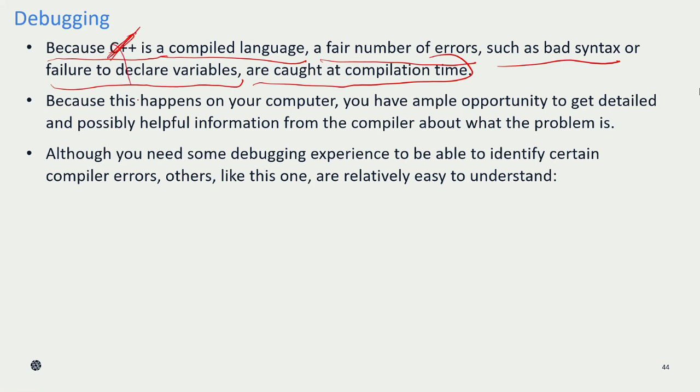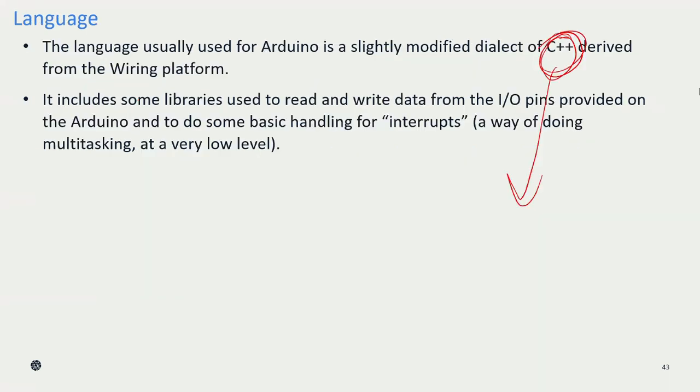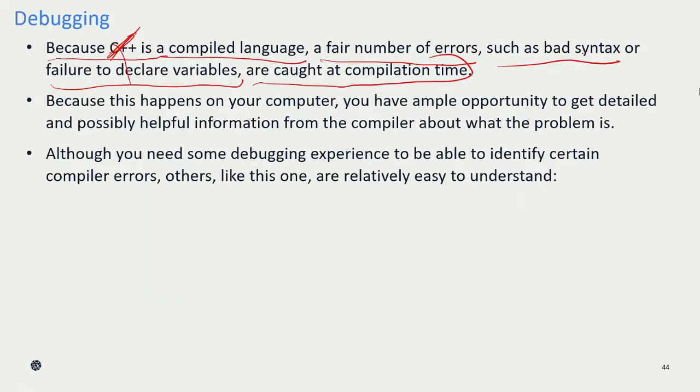Okay. I told you here, a modified version of C++. If you are going for C++, then there may be difficulties of this kind, whatever we are talking about just now, because C++ is a complicated language. First of all, a fair number of errors may be possible, and if you are missing any variable declaration, again there will be a problem. All these problems may arise when you are talking about C++.